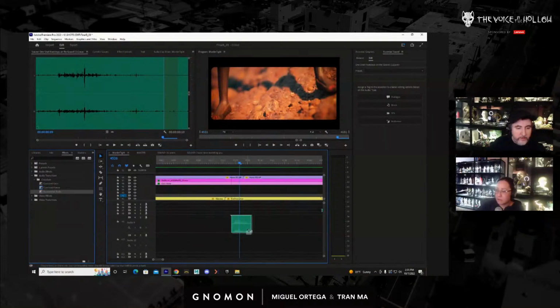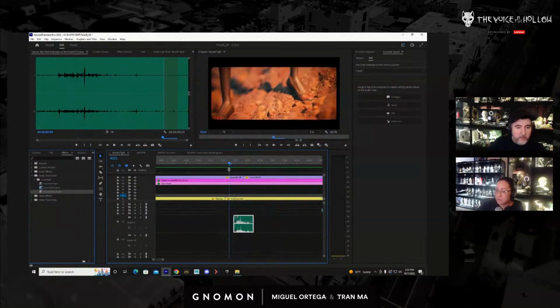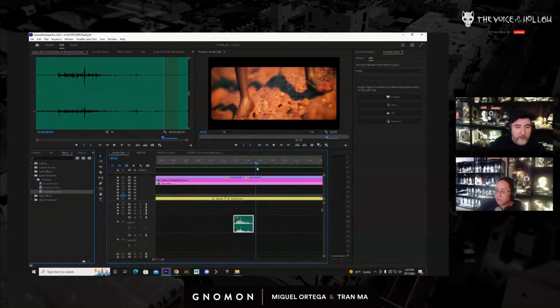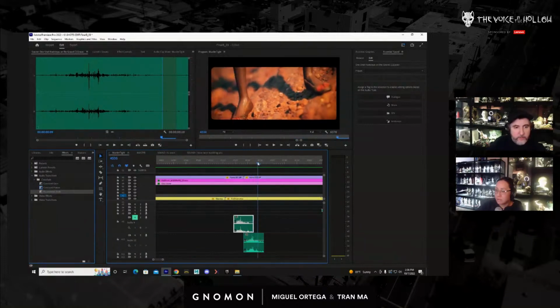Zoom in a little bit. You can see there's a secondary shuffle right there. So we'd have to get another one. Place it right underneath. And let's ignore this one. So we'll mute it.